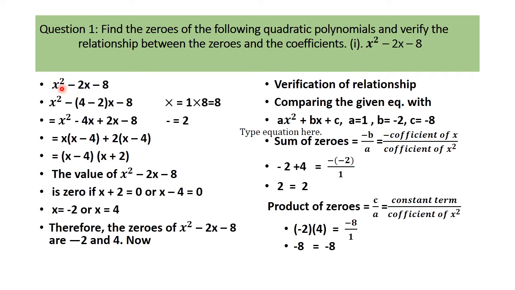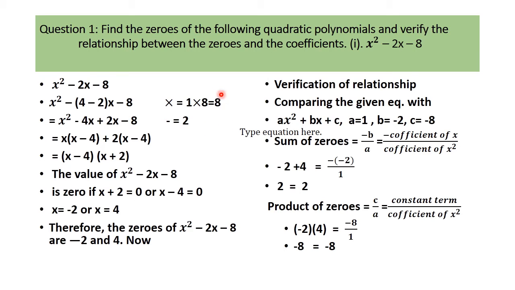So how do we factorize this? There are different methods of doing this. This is one of the methods. What we do, we multiply the first and last term. Here the coefficient of x square is 1, and the last term is 8. We will not take the sign here, just 1 into 8, 8. Now this minus comes from here. This is the sign of the last term. This last term is minus 8. So minus.